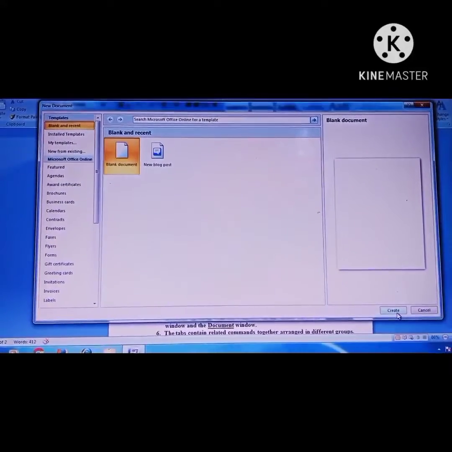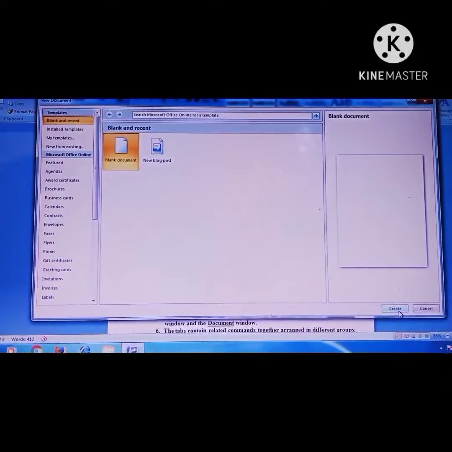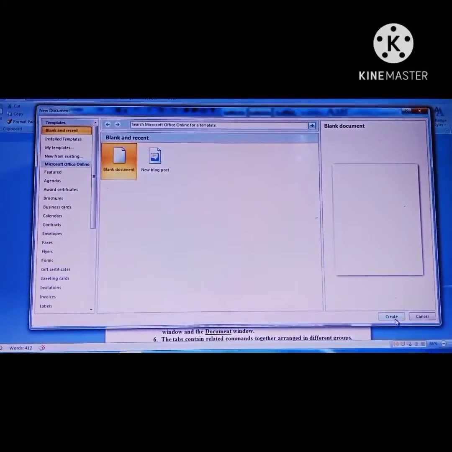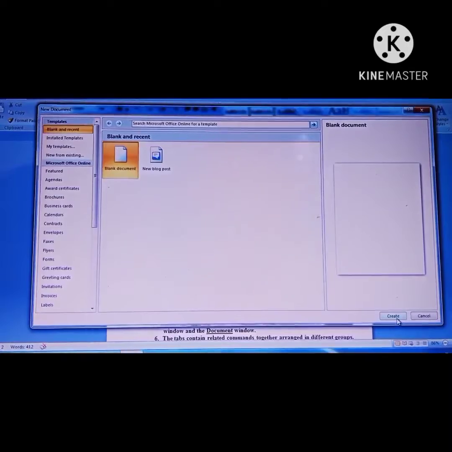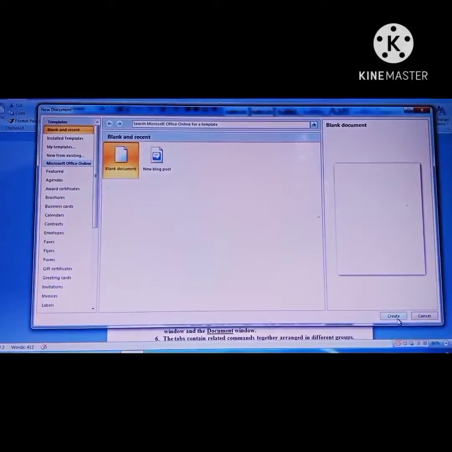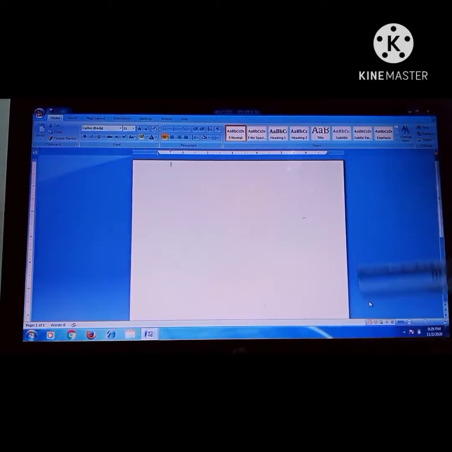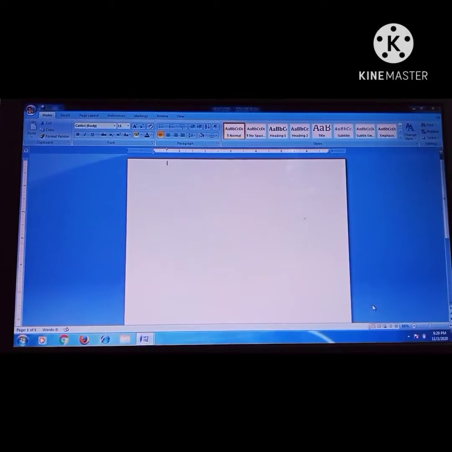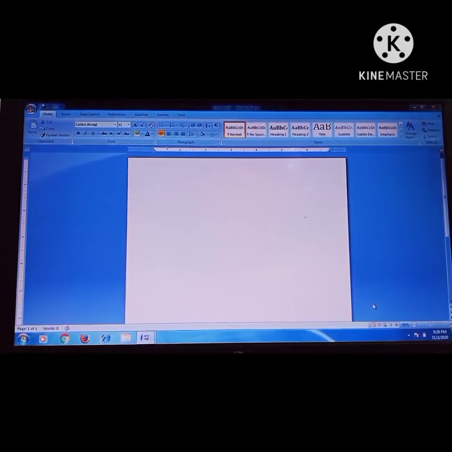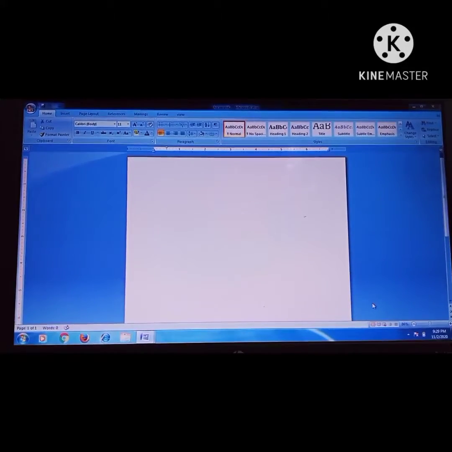This is your Create button. When you click on the Create button, the new document opens. Look here children, this is your new document. This is the function of creating a new document.